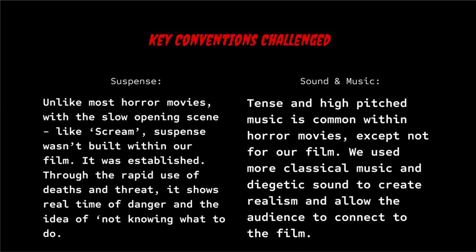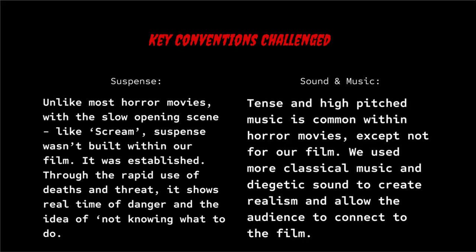Another key convention that we challenged within our film was suspense. Unlike some horror films, we didn't have a slow opening, again, like Scream. They had a very slow opening with the phone call. Instead, we built suspense through rapid use of deaths and threat, showing the real time of danger.